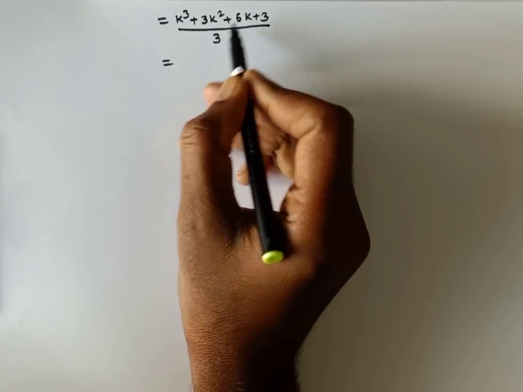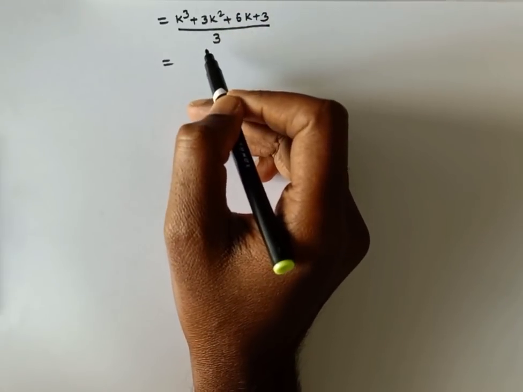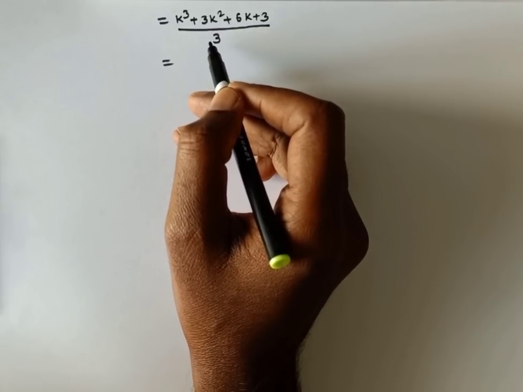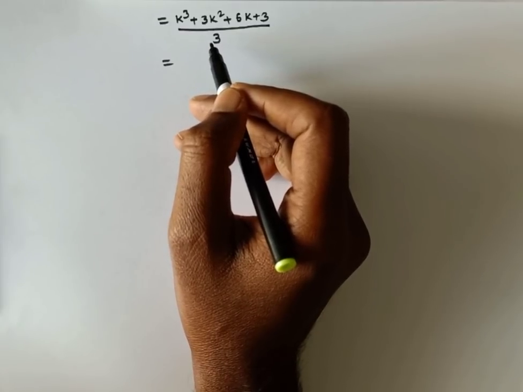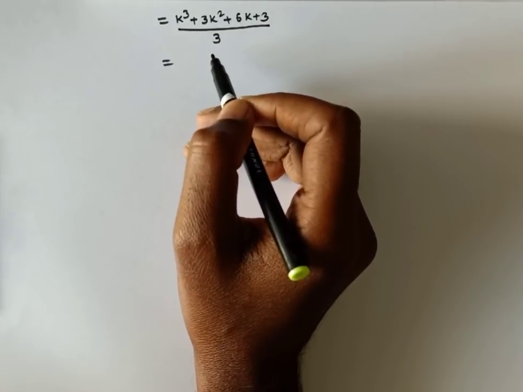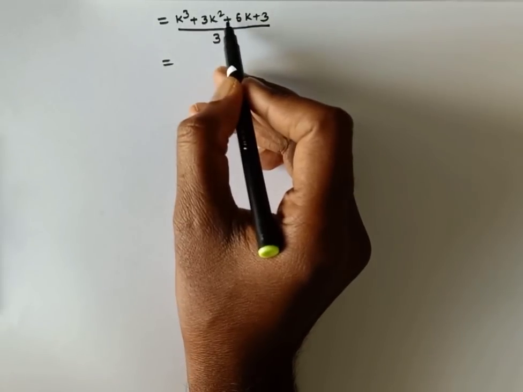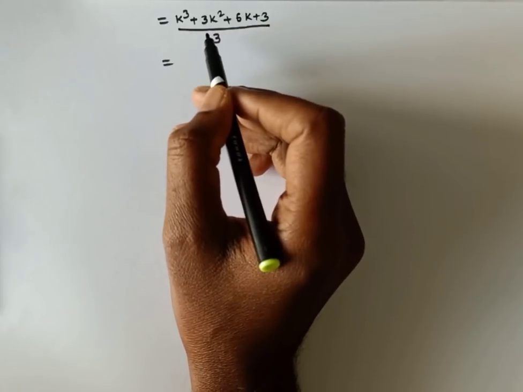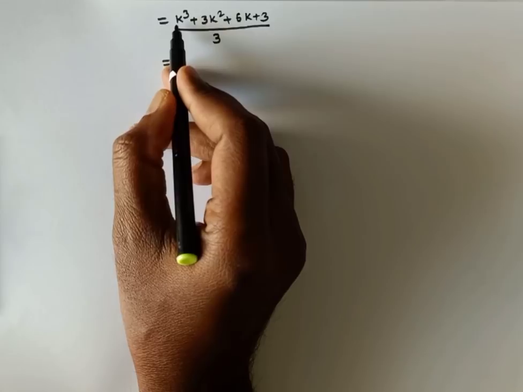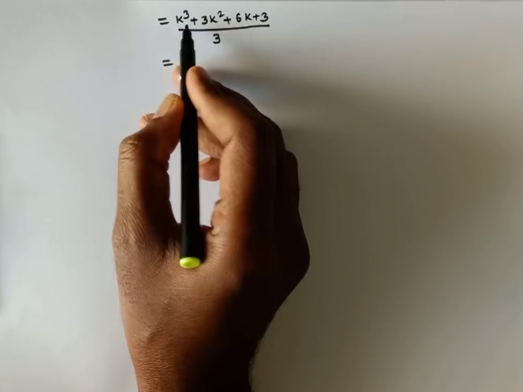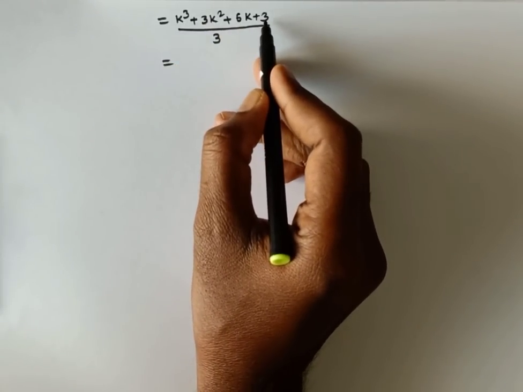So what is our intention? We need to express this expression as k plus 1 whole cube by 3. Here you need to concentrate on the right hand side of the problem, that is n cube by 3. To show the given statement is true for n equals k plus 1, we need to write this as k plus 1 whole cube by 3. From this expression we need to complete the cube, like a plus b whole cube, which is mandatory here. k cube is already there. Now we need to write k plus 1 whole cube, so 1 cube is mandatory. So k cube is there, and we can write 3 as 1 plus 2. So 1 can be written as 1 cube.